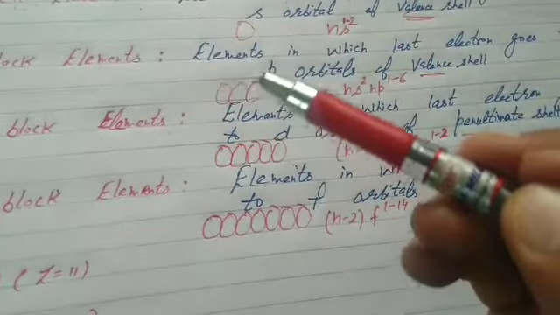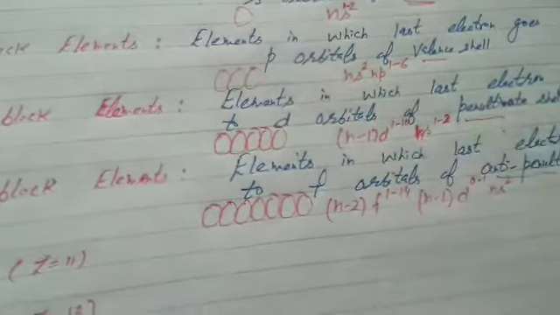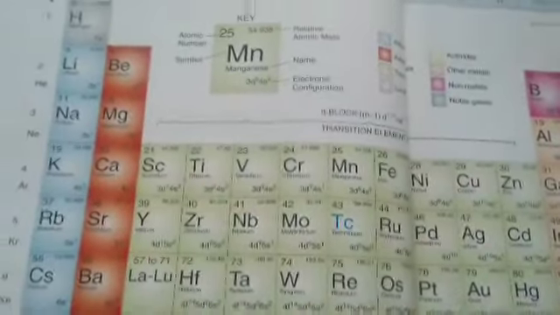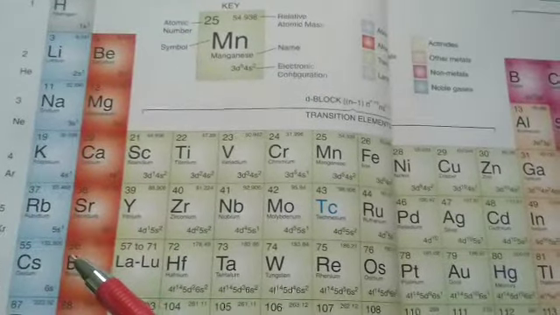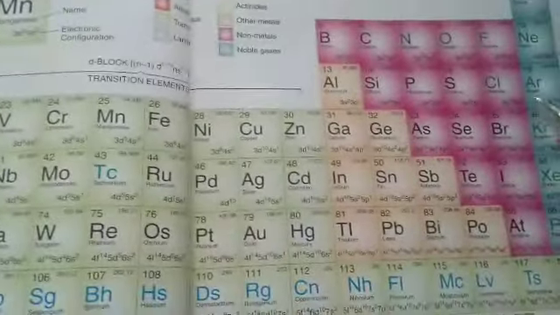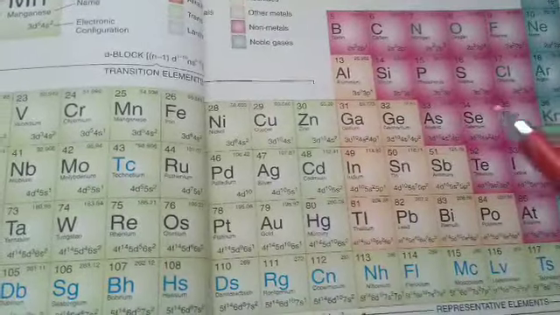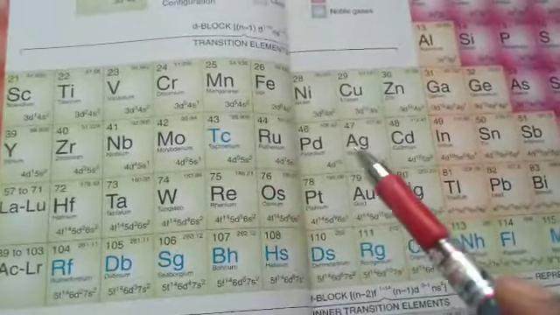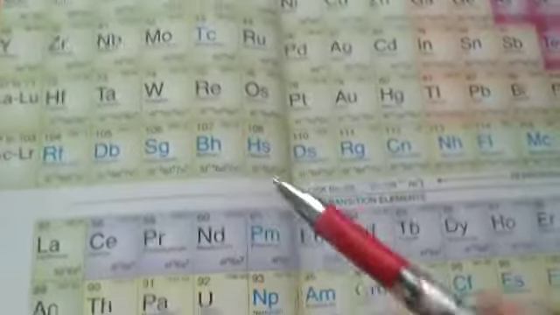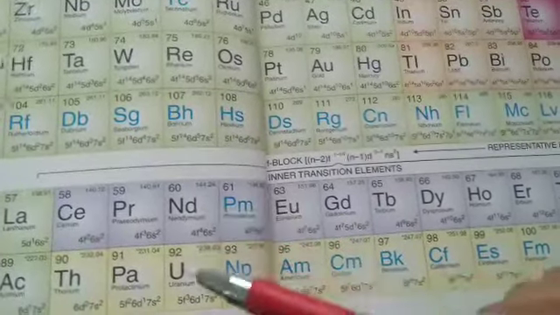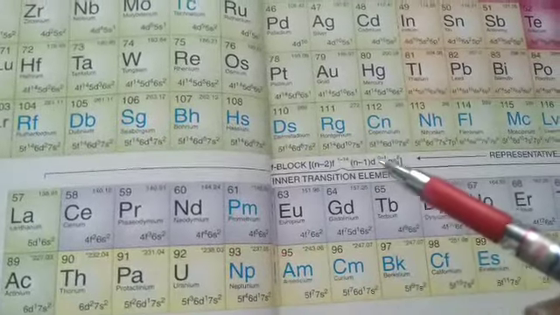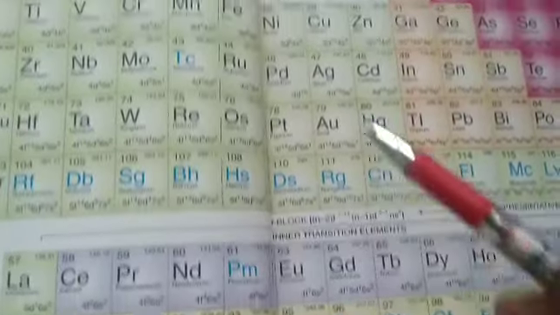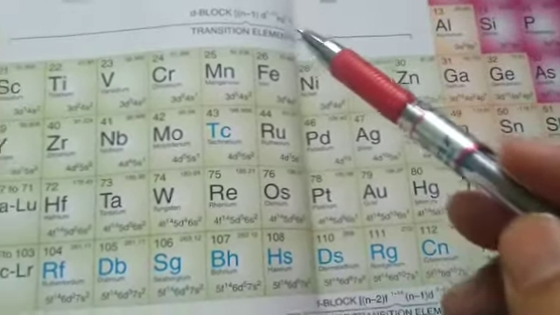We study periodic table, that is S block, P block, D block and F block. That's your periodic table, students. Group 1 and 2, alkali metals and alkaline earth metals, these are S block elements. Group 13 to 18, these are P block elements. That's your D block, and at the bottom we have 2 series, lanthanoid and actinoid series. They are F block elements. That's their configuration, which I told you. That's the configuration of D block.